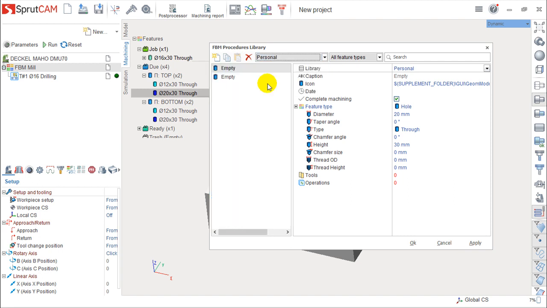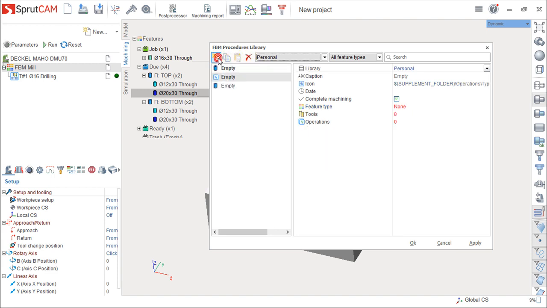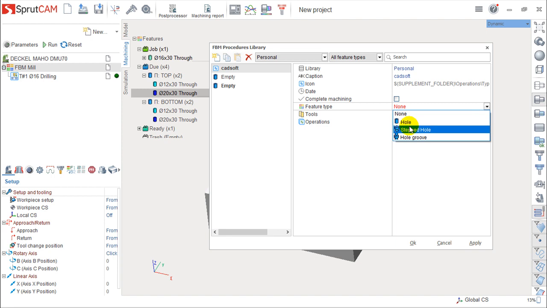For example, in personal, we can define a new one, so we can generate a new one. We can call it something, okay, catsoft. Then we can create a feature type, so I can say that, for example, it's a hole,